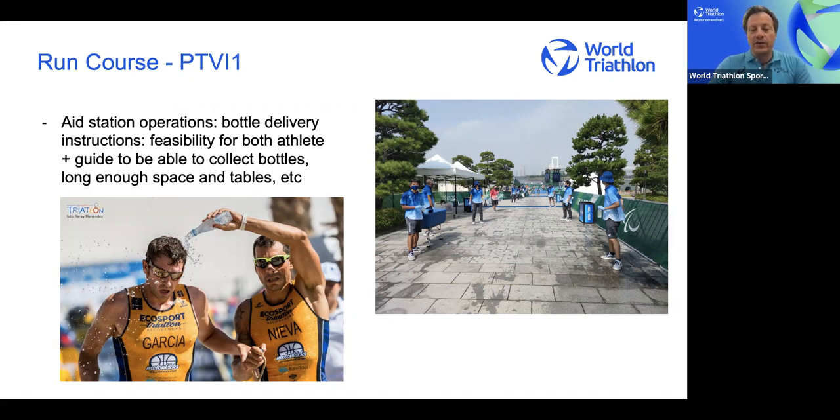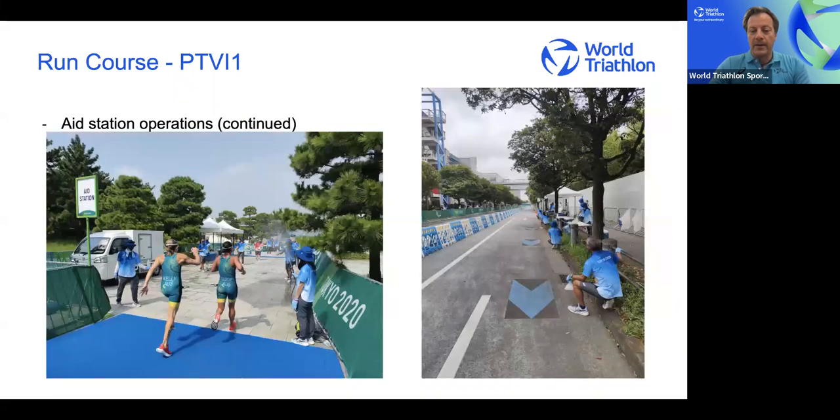So basically what you can see here in the picture on the right is a long enough space in which this can happen, and maybe if it can be on both sides, even better, because we never know on which side the guide will be running from. But anyhow, it has to allow for an operation that will be more than a few seconds. So make sure that you plan with spaces that are long enough and tables that are also scattered and